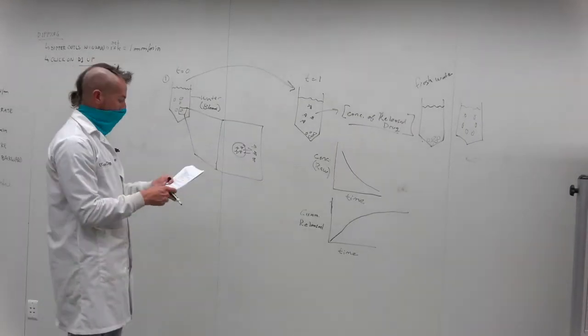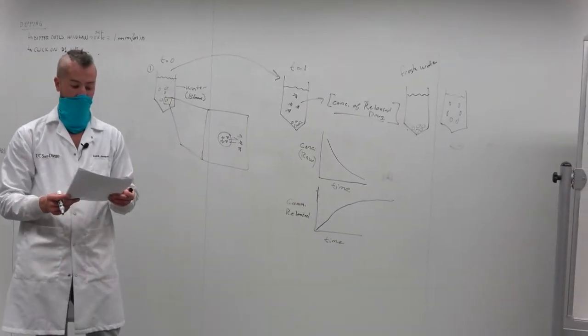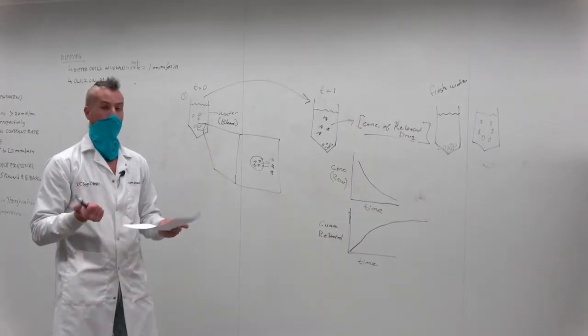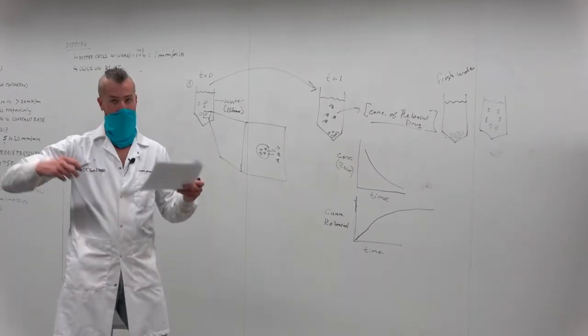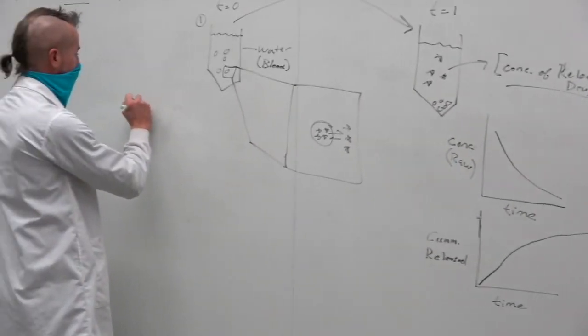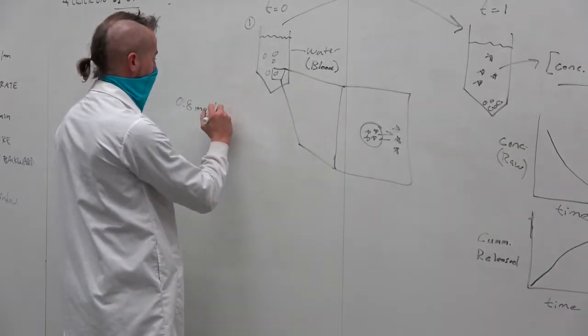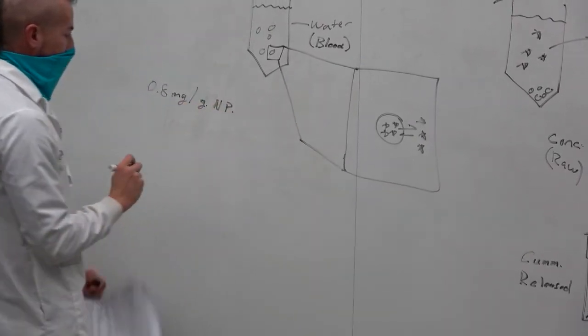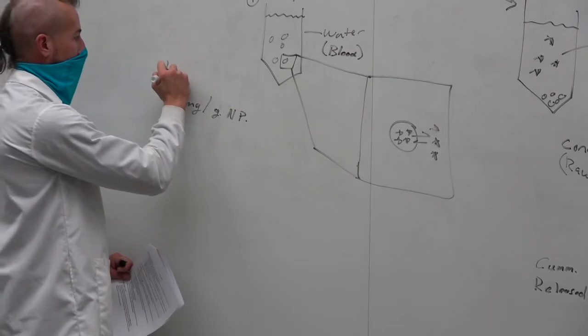So if you know when you did section 5.4 that you loaded, I don't know, 0.8 milligrams per gram of nanoparticle, if this is your loading capacity,